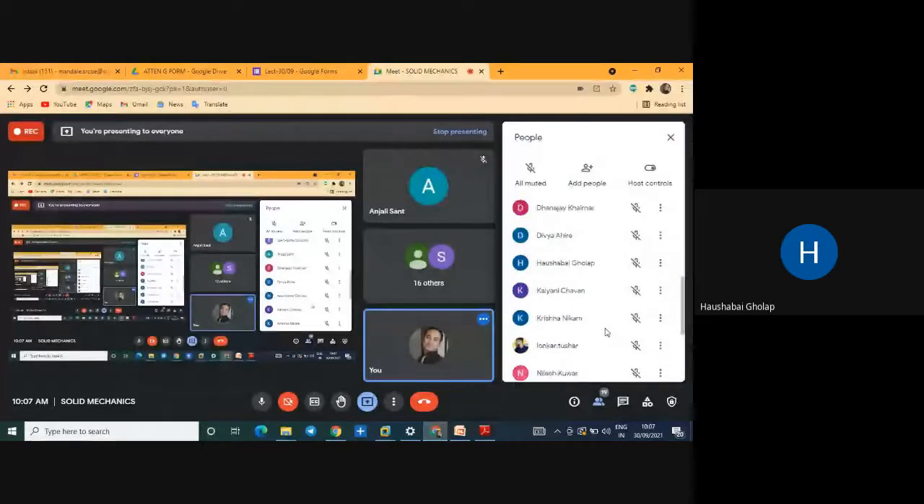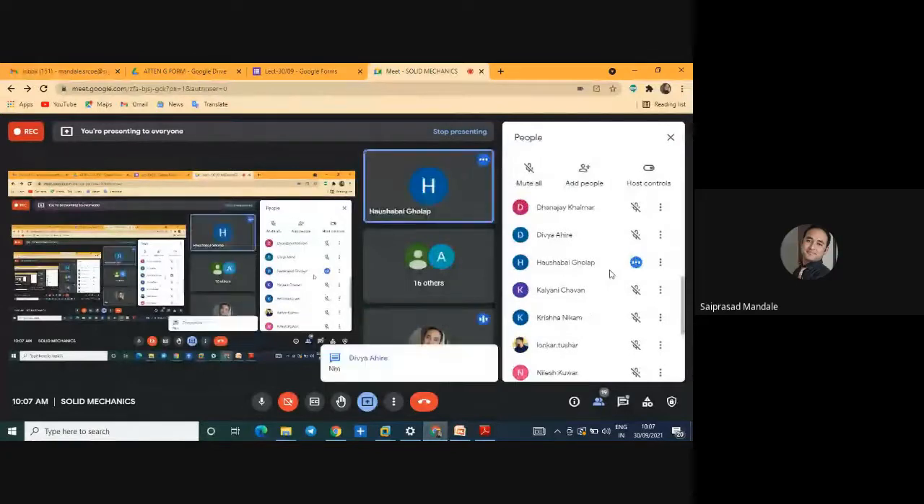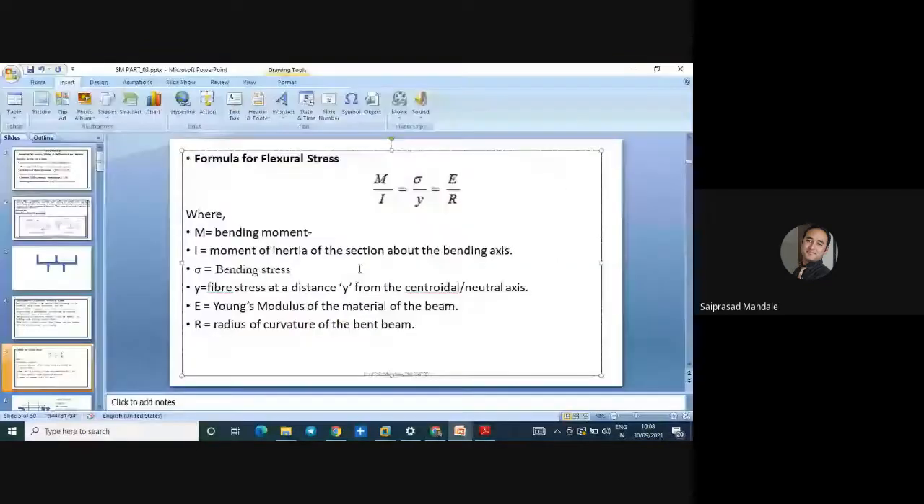Newton meter. Perfectly correct. Gholab has given the answer, Newton meter. We have already calculated so many moments in the SFD and BMD calculations, and still you are confused. The unit of bending moment is Newton meter. Very good, Gholab. Second,